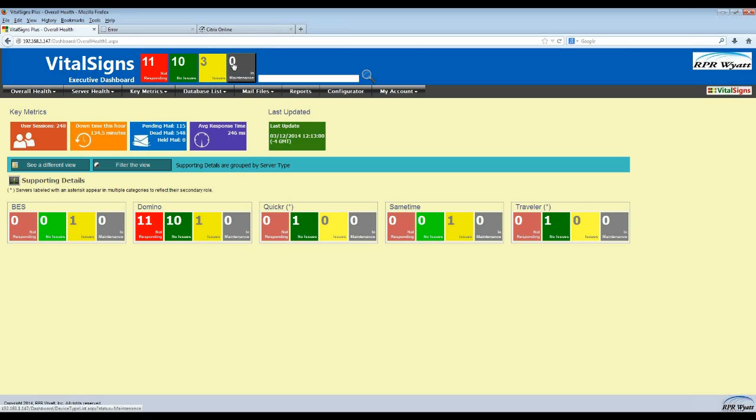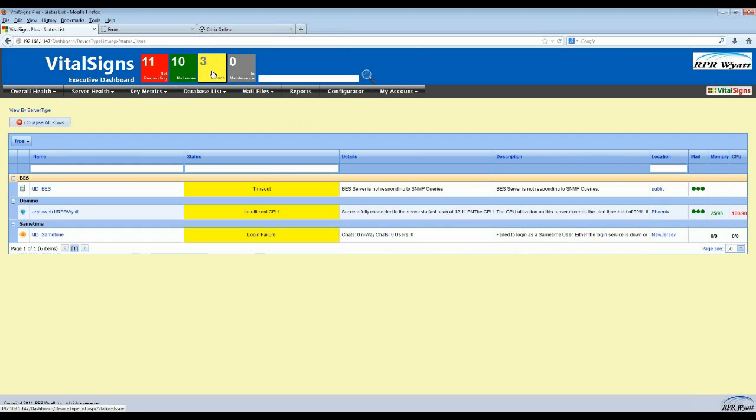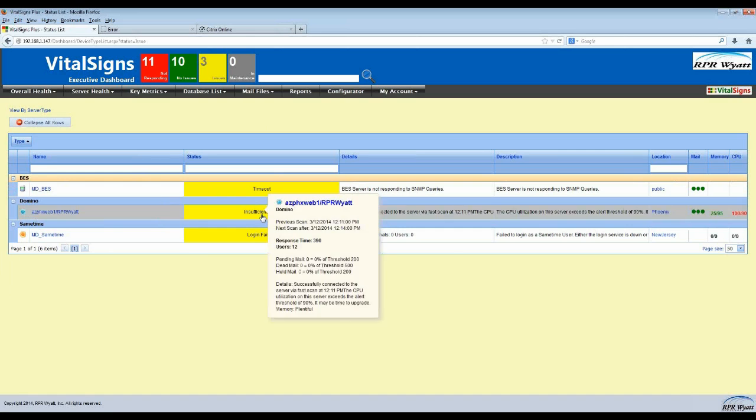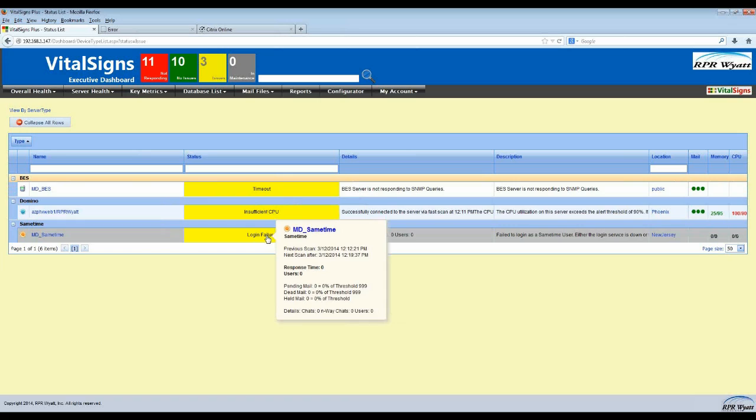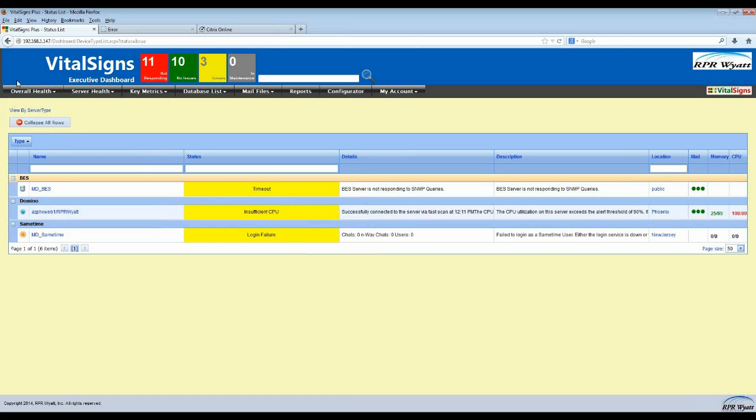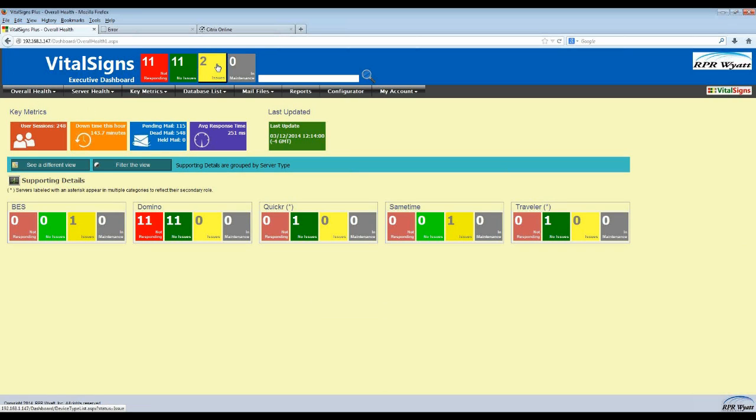So you'll notice that as I'm mousing over these things, they're lighting up, because pretty much everything in VitalSigns is clickable. So for instance, if I wanted to see what 3 issues I have, I can click on the button here and it takes me immediately to the list of servers that are experiencing issues at the moment. So I've got a BlackBerry server that's got an issue, a Domino server with an issue, and a Sametime server with an issue. If I go back to the overview here, let's say that I'm only interested in seeing Domino